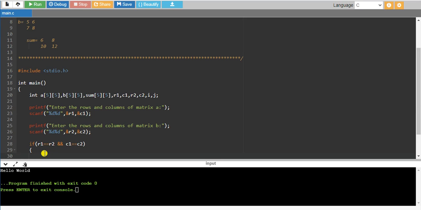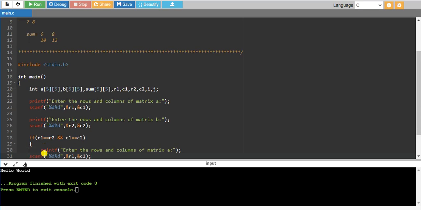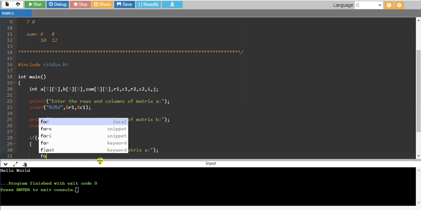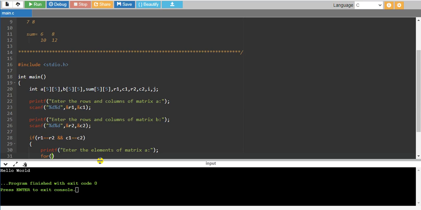So let me write here, if that is true, then printf, enter the elements of matrix A. Then how to read the elements of matrix A? As we saw in the transpose of a matrix, here also we have to use a for loop for maintaining the index of the elements.